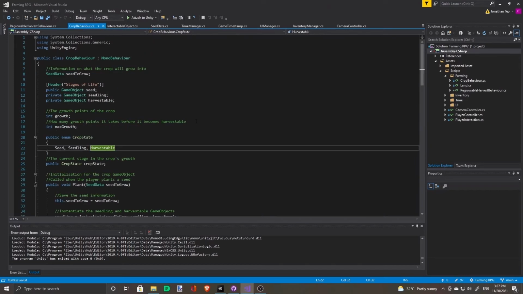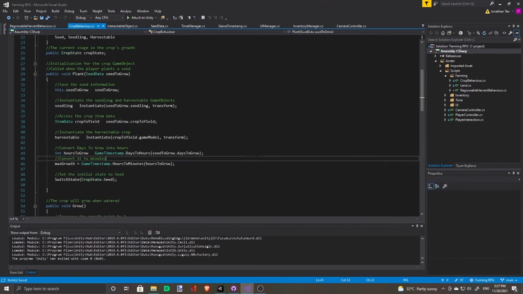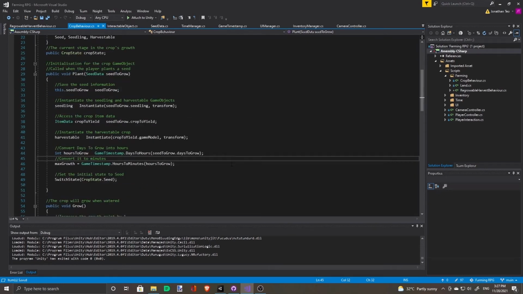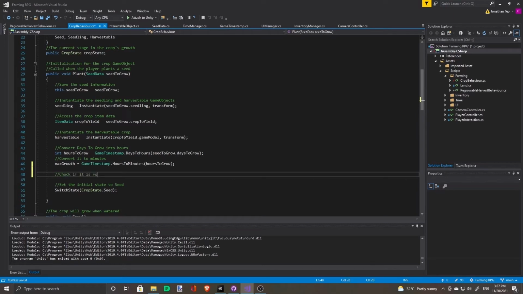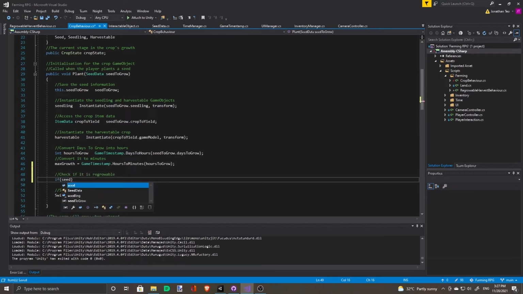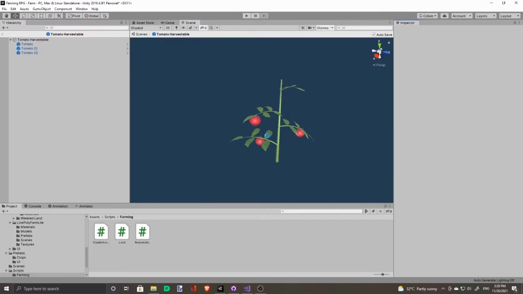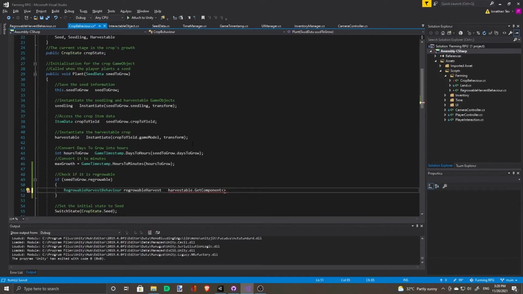So now in crop behavior, we have to add a few things. So when we first plant it, we need to check if it is regrowable. And we'll get the regrowable harvest behavior. Since this is going to be a component of this, you just have to get component from our game object, like that.